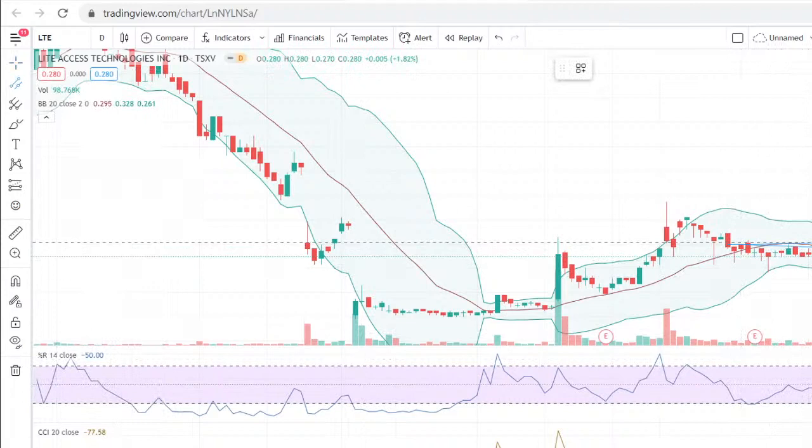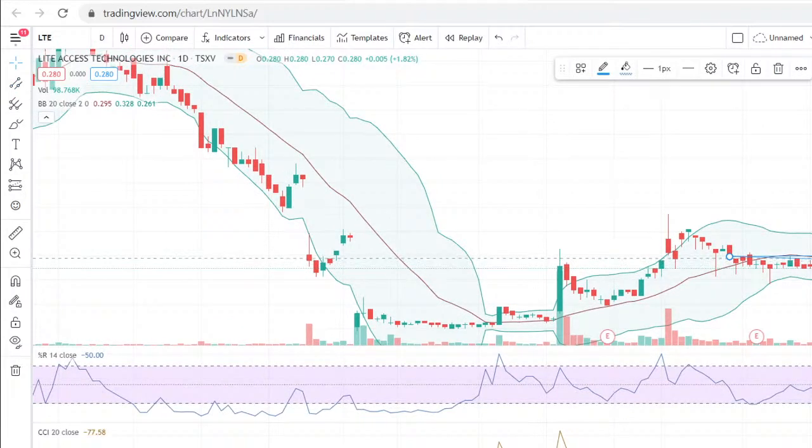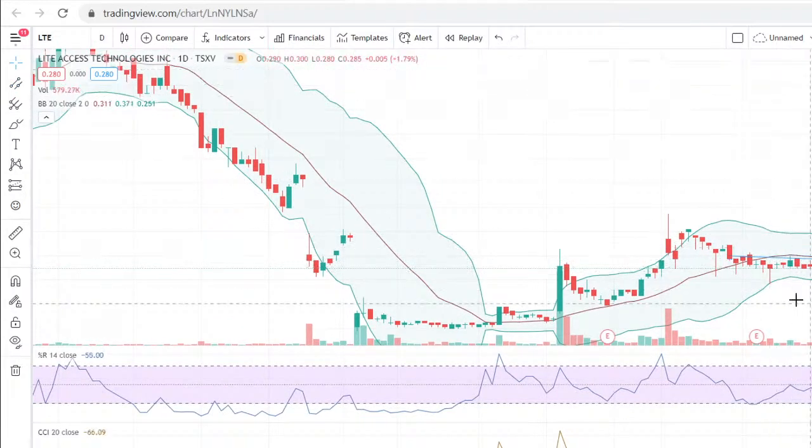It actually moved sideways for almost two weeks, and I think I'm not able to control it properly. I'm moving this trend line for the time being. What I'm trying to say is it's moving sideways for almost three or more than three sessions, and the next target for this should be